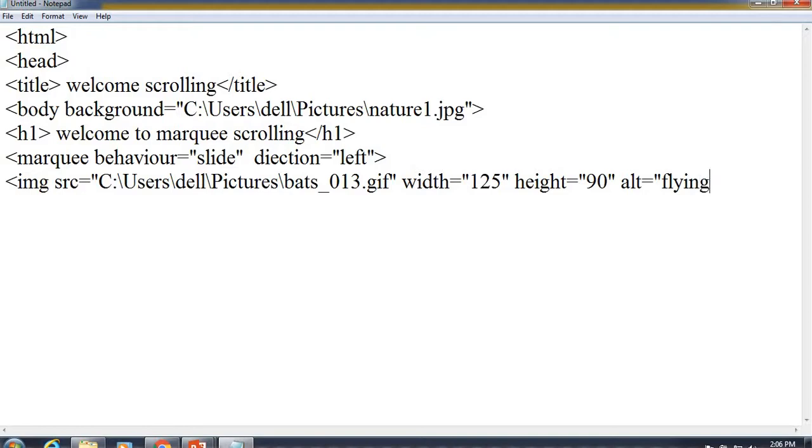I will give just a flying bat and close that tag here.